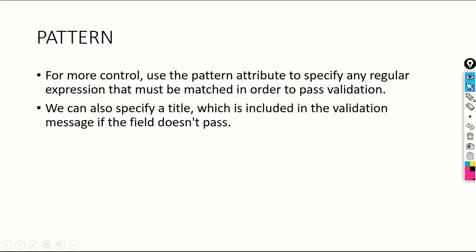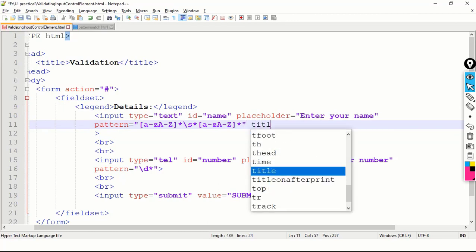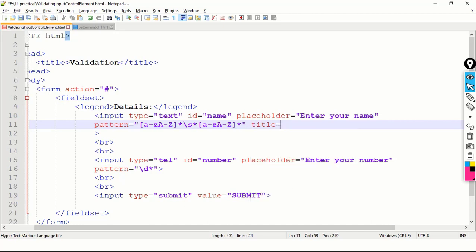We can also specify a title which is included in the validation message if the field doesn't pass. If validation is not done properly and our input value is wrong, or we can say not as per the given pattern, then we can add our title in the error message.